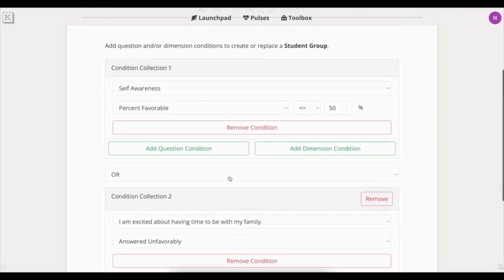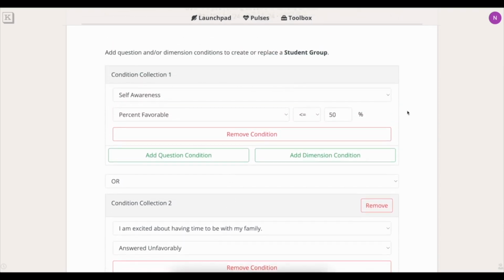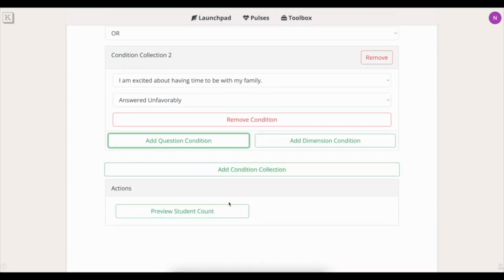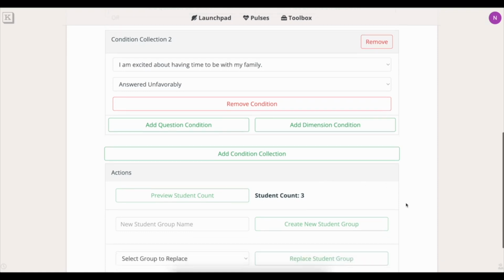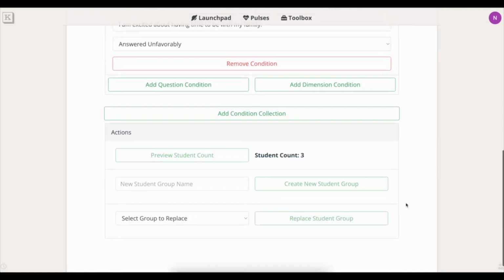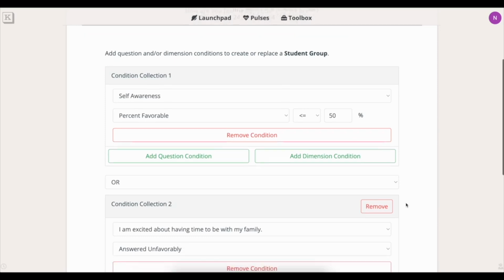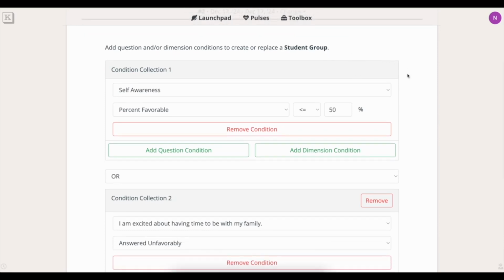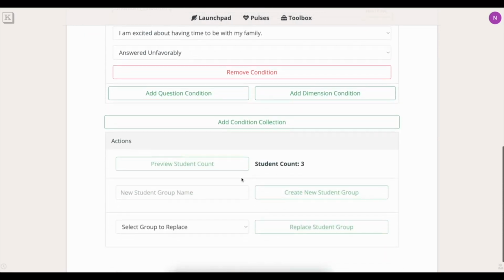Once I have adjusted my collections and my conditions, I'll come back down here again and preview that student count. And if my conditions above meet the students that I would like to be in that student group, I'm going to either create a new student group here,